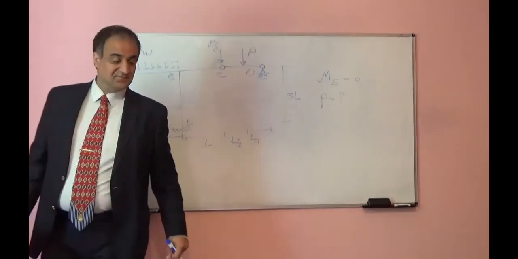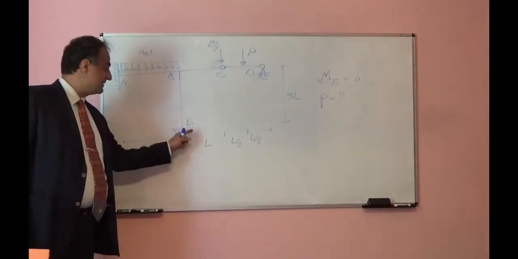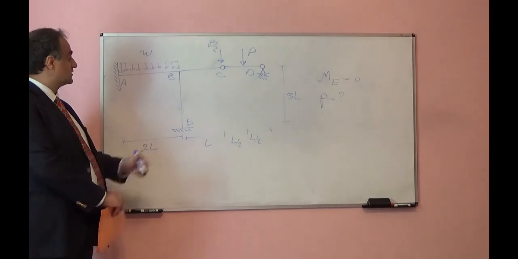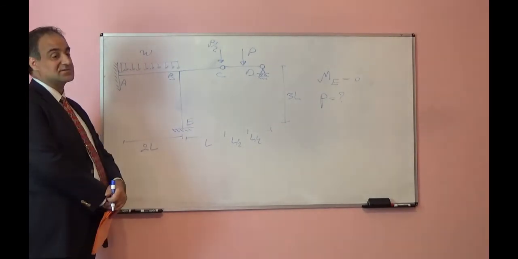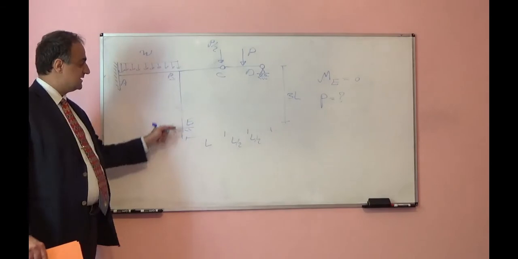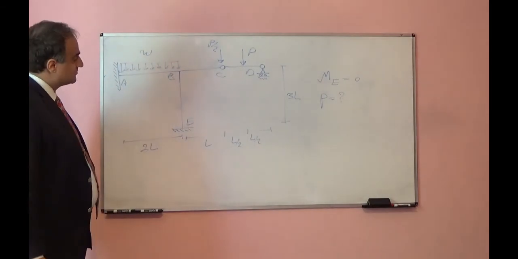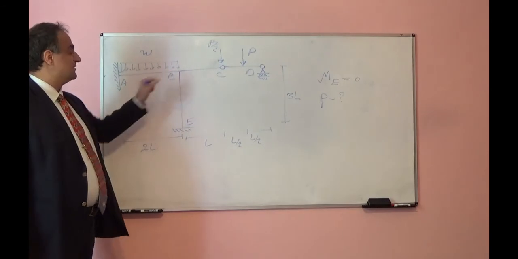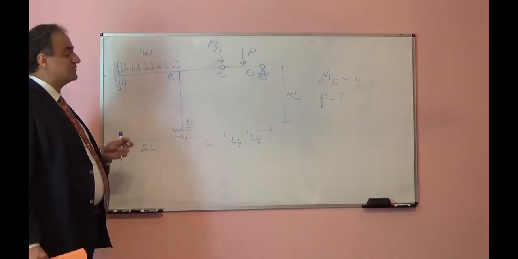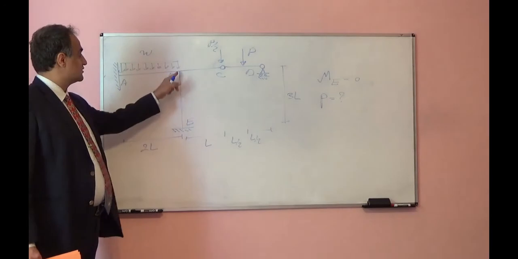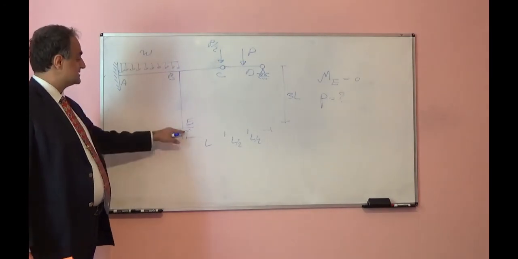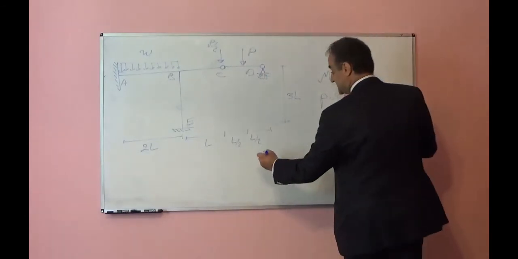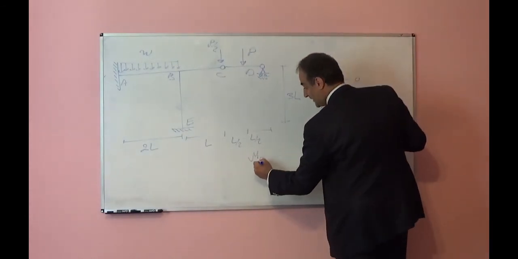Okay, if we want to make ME equal to 0, because there is no external load on this column, there is no external load in the BE part, in order to make moment here equal to 0, if I make rotation at point B equal to 0, so no rotation at B means moment at E is equal to 0, because from slope deflection we know